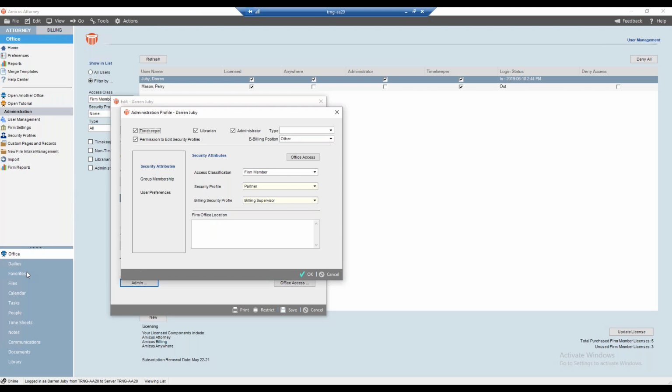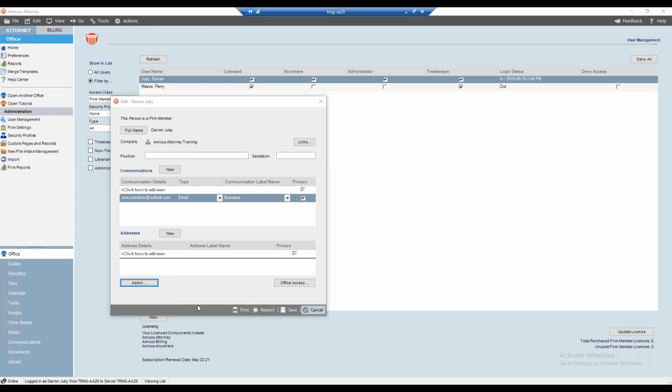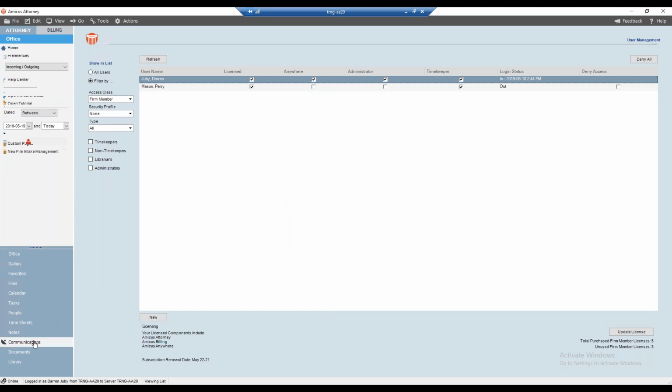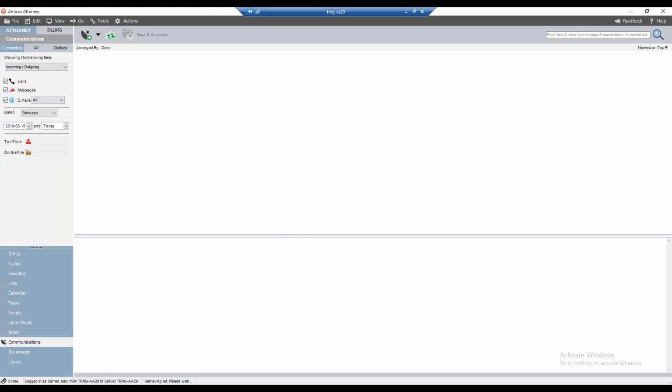And you also asked, can you please demonstrate how one assigns an email from a sender that is not in Amicus to a file? Please demonstrate how one can manually save an attachment to a file if a contact is assigned to multiple files. Well, there's a couple of ways that we can look at that, and given our time, I've got just a moment here. So if I was to go to the communications module here,